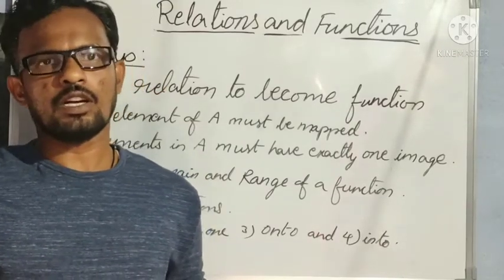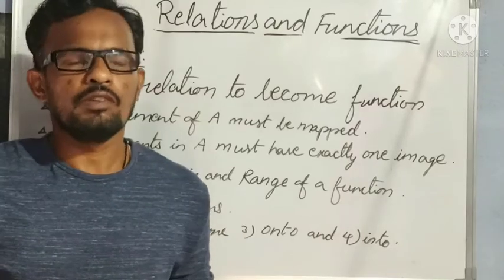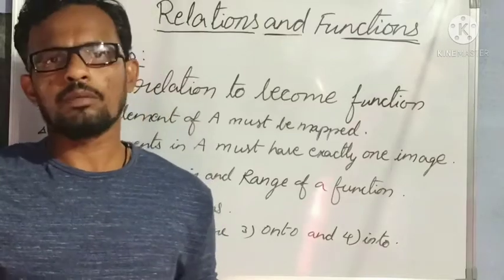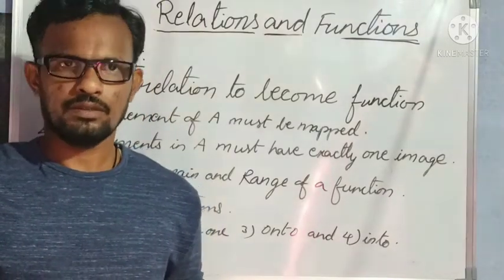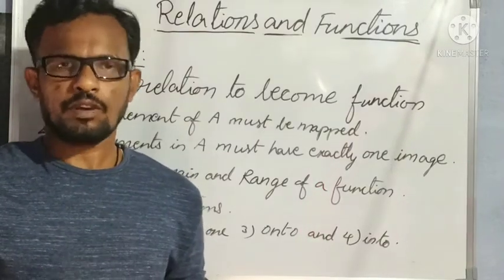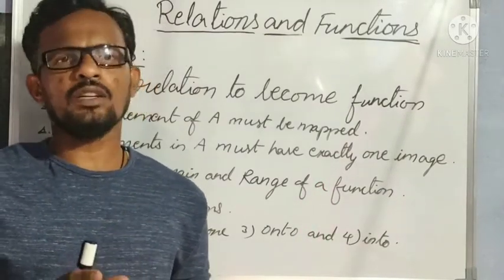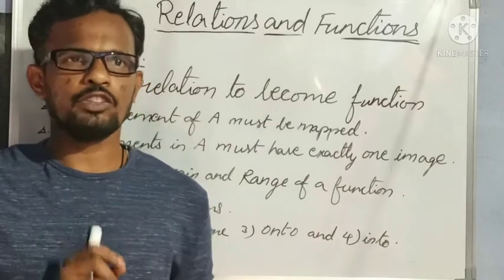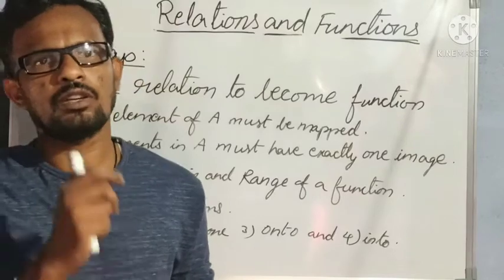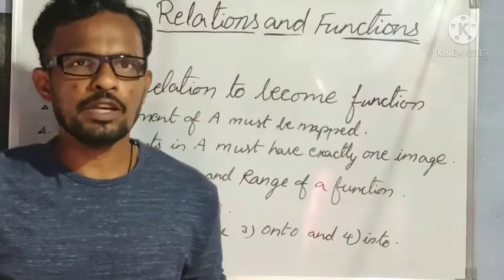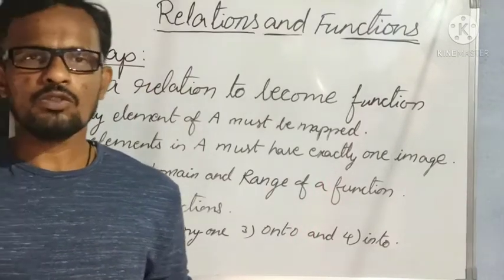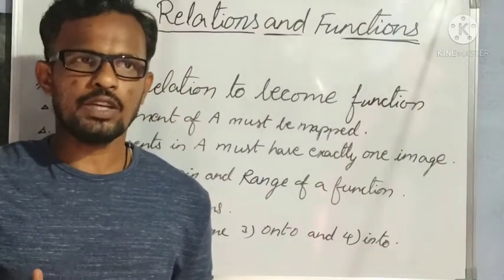Students, in the previous videos I started relations and functions, and we completed relations starting from sets, because when we want to know about a relation we need to know about a set, which is a must. The basic definition related to relations is the set. From sets only we derive a relation, and from the relation only we derive a function. So from set we can go for relation, and from relation we can go for function. This is a step-by-step process. In today's concept, let us know more detail about types of functions.